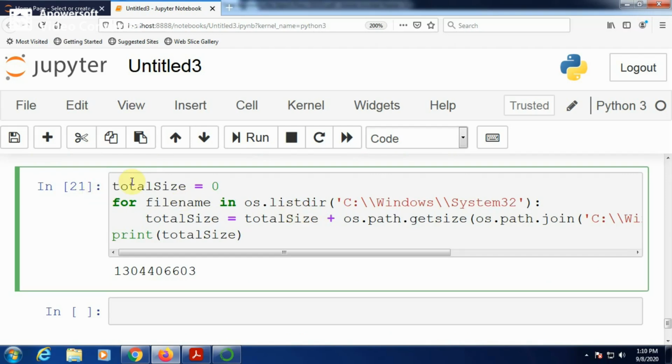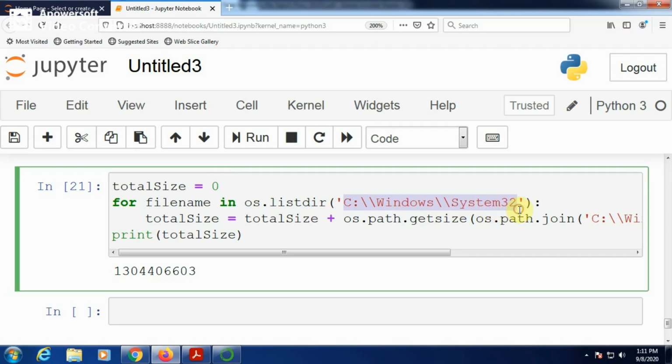Now look at this code. If you want to get the total size of a folder, that is, the size of all the files, a simple code you can write, for example, total size is initialized to 0. Now first you have to list the directory of this path. You can give any path.